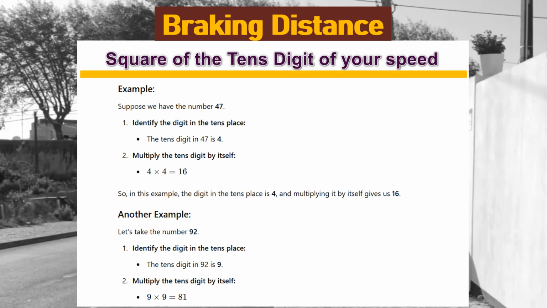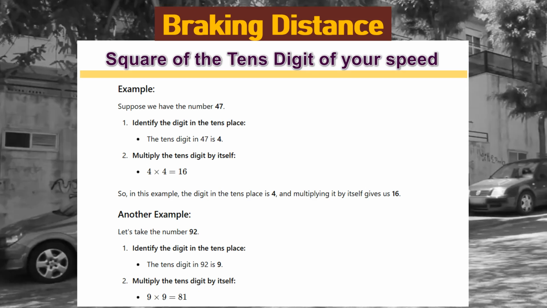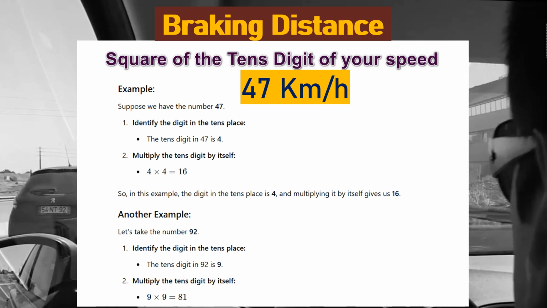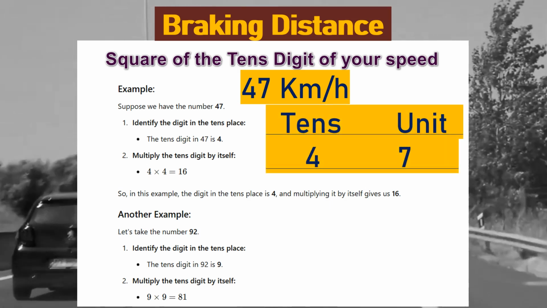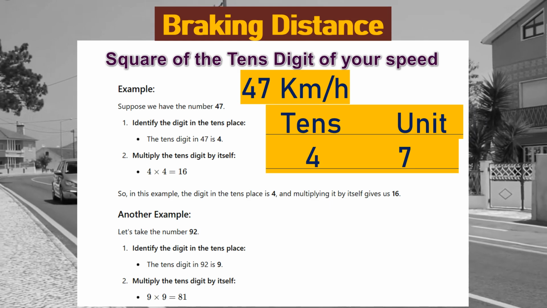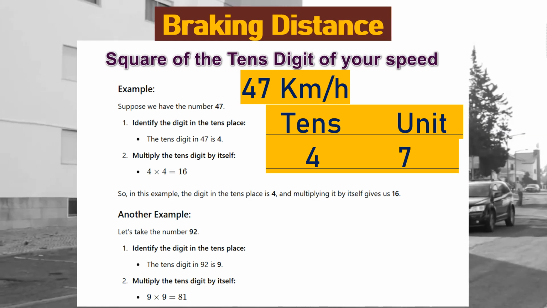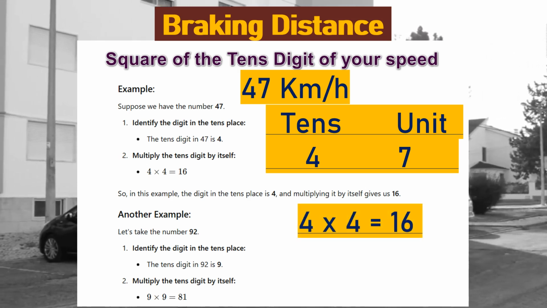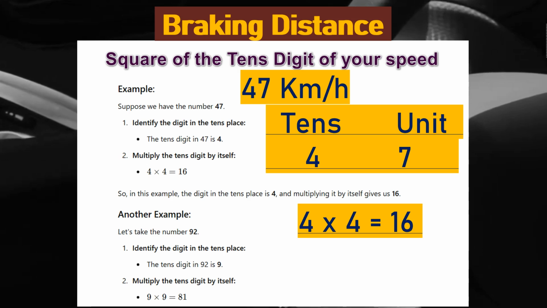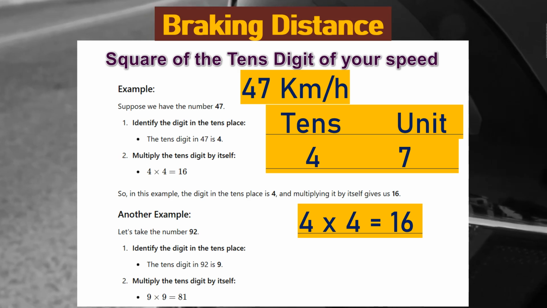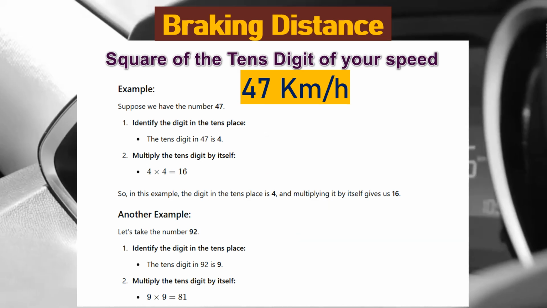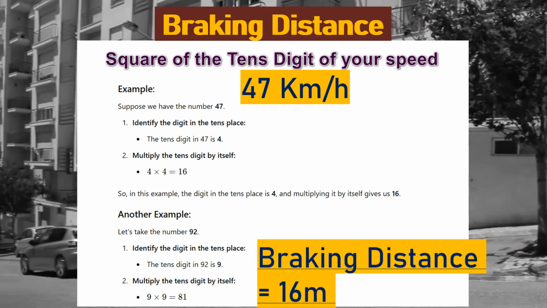For calculation, it's the square of the tens digit of your speed. For example, suppose we have a speed of 47 kilometers per hour. Identify the digit in the tens place. The tens digit in 47 is 4. Multiply the tens digit by itself. 4 times 4, or the square of 4, is equal to 16. So, in this example, the digit in the tens place is 4, and multiplying it by itself gives us 16. It means if we have a vehicle with a speed of 47 km per hour, then the braking distance will be 16